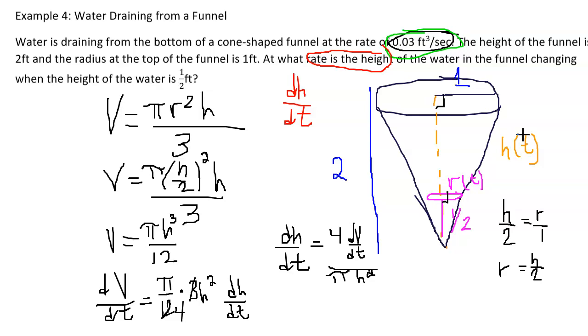So let's substitute what we know. We know that the volume of the cone, and actually thinking about this, the height should be decreasing, which means its rate of change should be negative. And since the volume is also decreasing, I think that 0.03 right here should also be negative. And remember, that's going to indicate that it is losing water. So we're going to plug in negative 0.03 over,